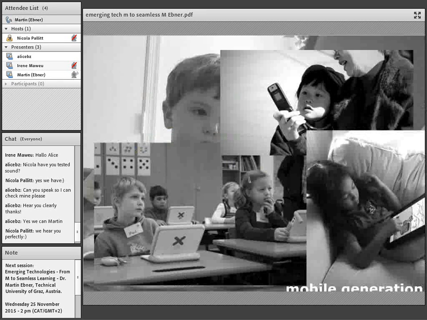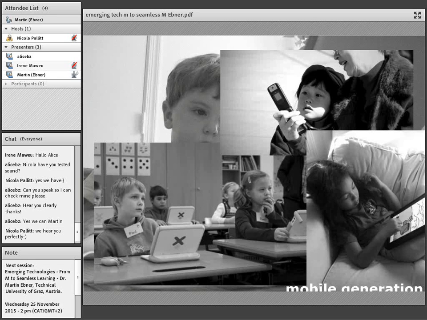When we take a closer look at mobile learning, we see that currently our youth, our children, are growing up in a kind of mobile world. That's why I always talk about the mobile generation. My children, for example, cannot even imagine that there was a world without a smartphone. These pictures show typical scenes in Europe, where children are used to using smartphones or tablets or whatever, and they are connected to the internet, of course.